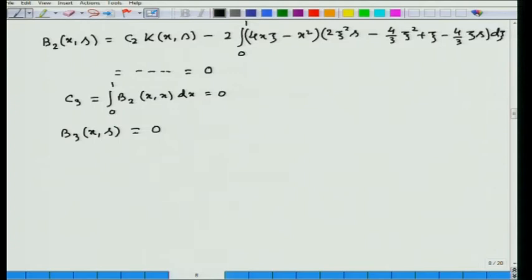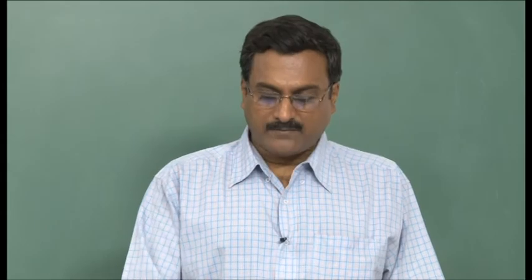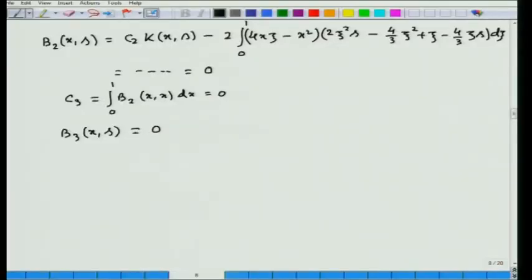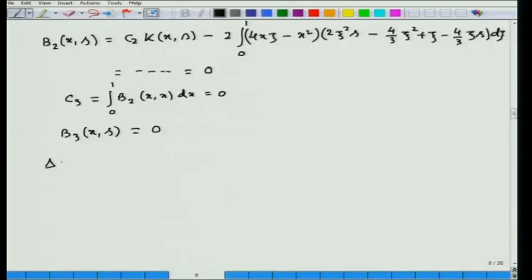and hence we have all the constants C3, C4, C5 and so on identically equal to 0, and the functions b2(x,s), b3(x,s), all these functions are also equal to 0, that means b4, b5 all of them are identically equal to 0, and therefore, delta lambda, that is the Fredholm determinant, is given by 1 minus C1 lambda plus C2 lambda square by 2, that is equal to 1 minus lambda plus lambda square divided by 18,